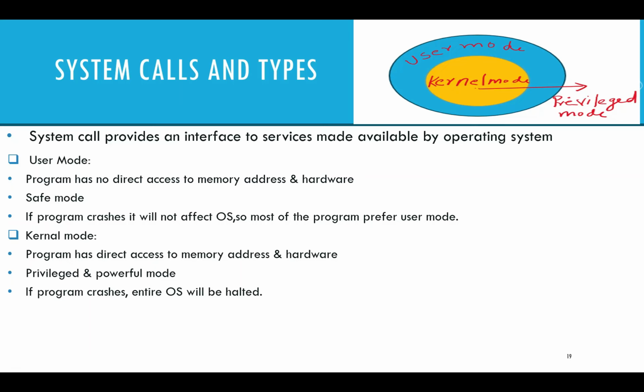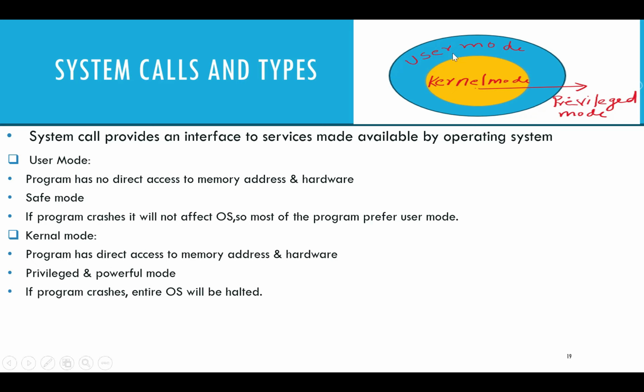In the last video, we were discussing certain services provided by the operating system. In this video, we'll be discussing system calls, the types of system calls, and what they are used for. Before we discuss system calls in detail, there are two important points we need to know about, which are the two modes of operation in which a program can execute: kernel mode as well as user mode. So let us try to understand what kernel mode and user mode are.